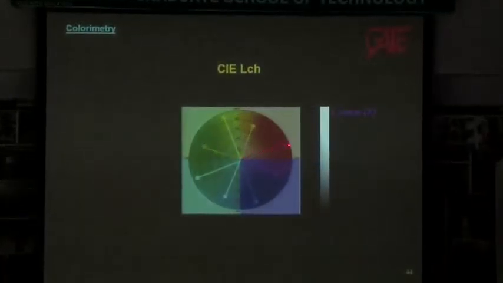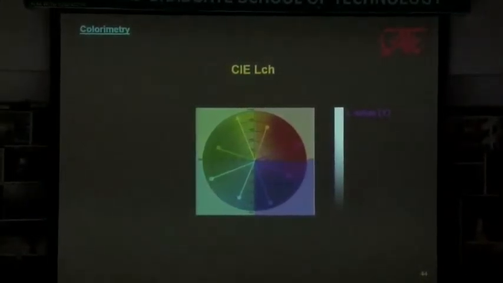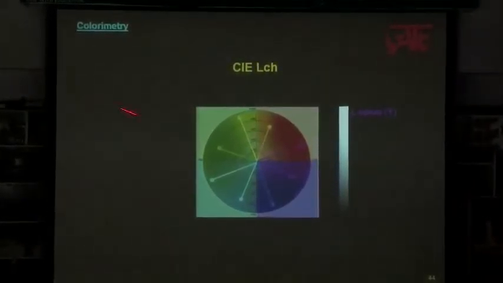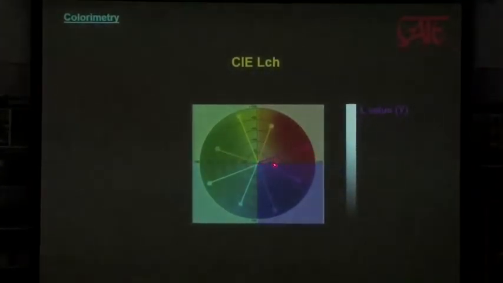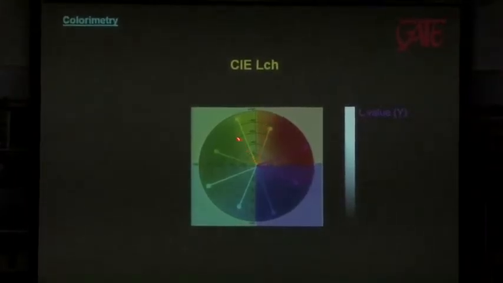The further away you are from the center, the stronger is the color. Okay? The center is white, grey or black. Further away, here yellow is stronger. So in each area, that color becomes stronger. And since this is a circle,